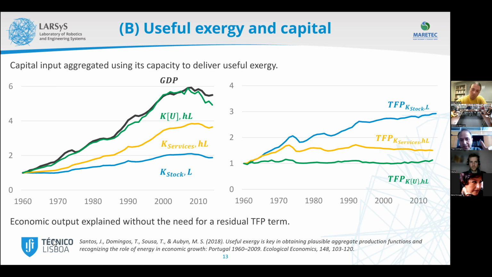And what you see is that the green line is now basically overlapping the black line. So total factor productivity is completely explained in the sense that we no longer need it. If you look at the right-hand graph, you see that total factor productivity is constant along one. So what we're showing here is by looking at capital and machines as a way of delivering useful exergy,